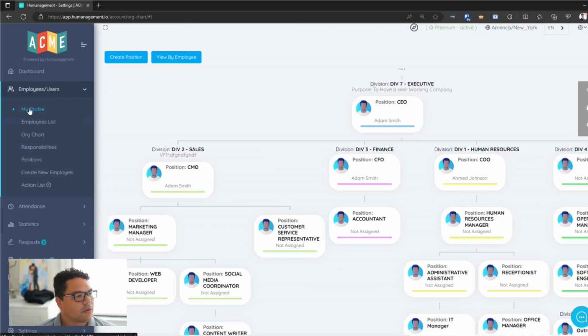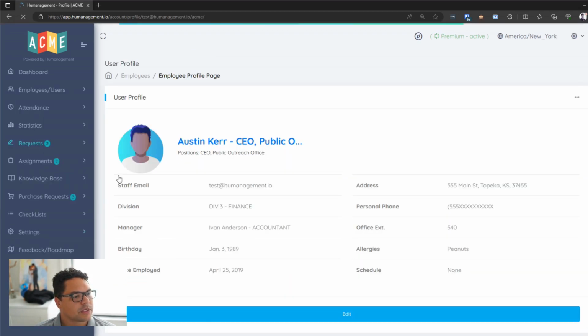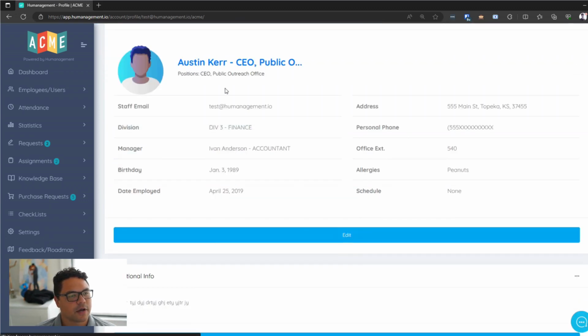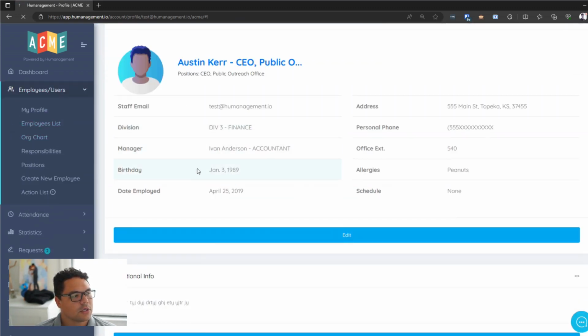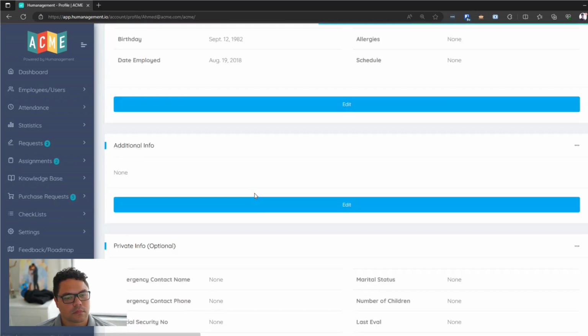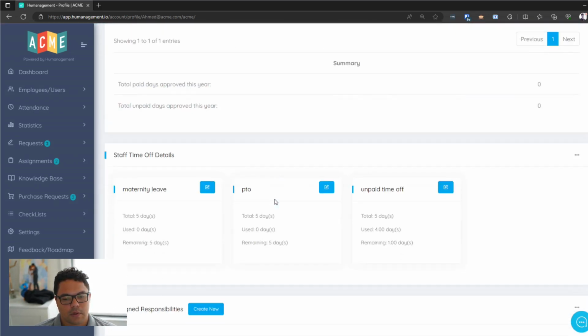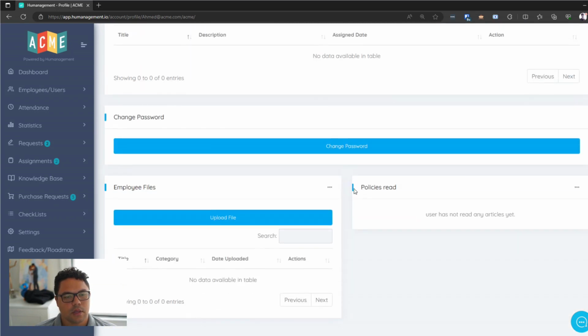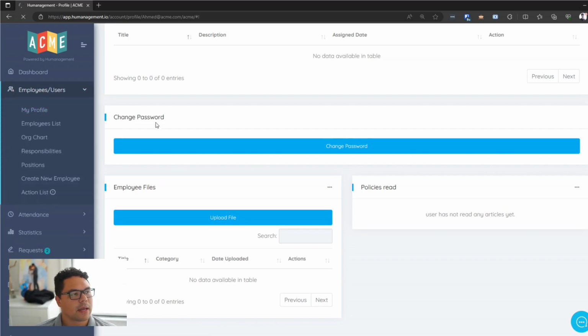The final way that you can interact with these knowledge articles is to go to a specific employee's profile. This is my profile. You can go to employees list and then view another employee's profile. And so in here, I could then see all the policies that this person has read. This person obviously hasn't read any. But if we go to my profile,